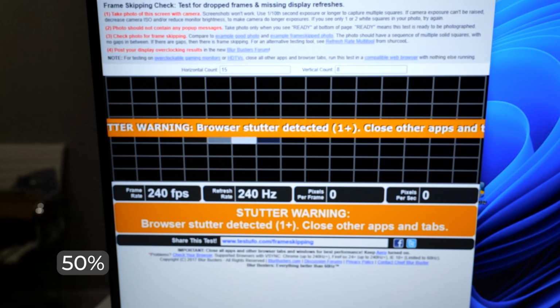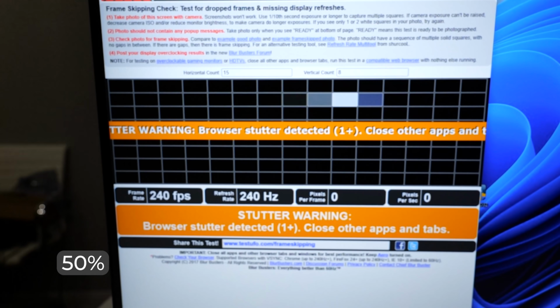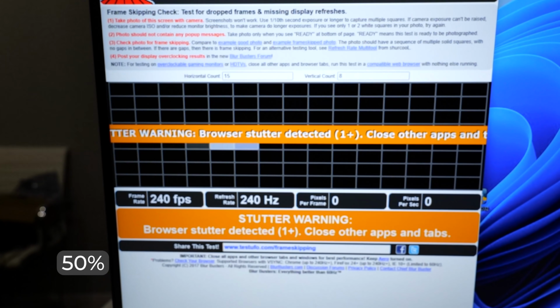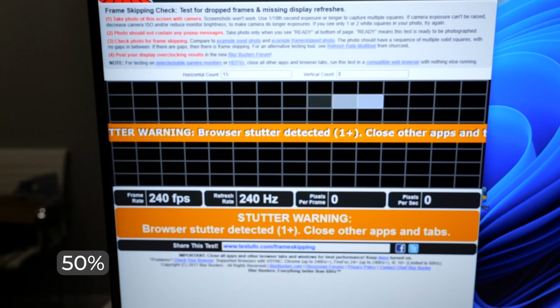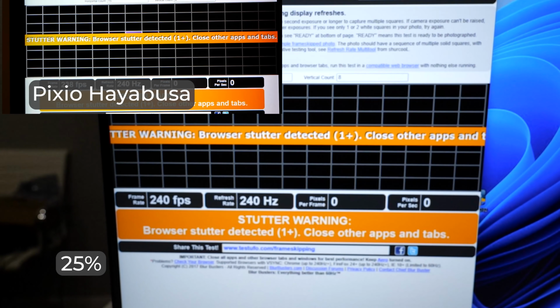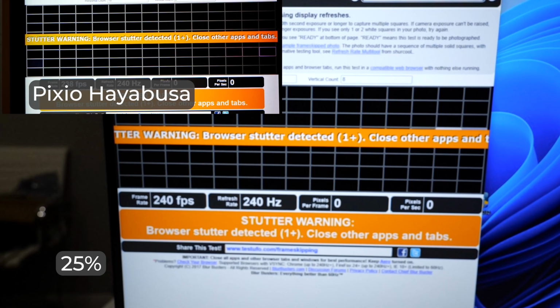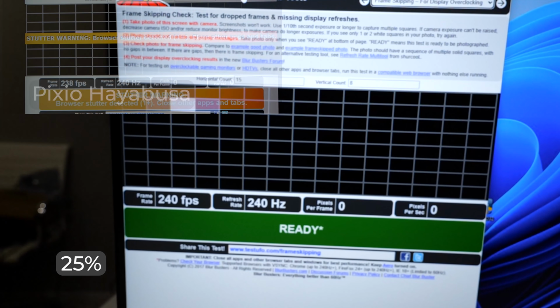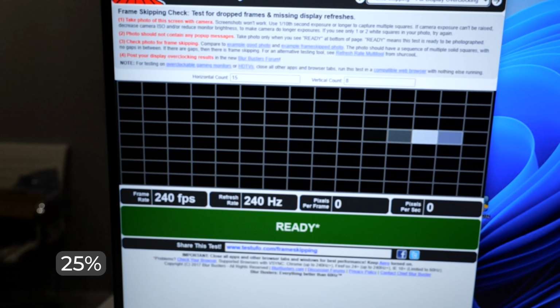Now, this is a really fast panel, but it's not truly, from on to off, 240 Hz. It'll accept a 240 Hz signal, and it'll respond really quickly. It'll begin to display that frame, but it can't get rid of the other frames quickly enough that they're not still on the screen. That ends up making the image a little blurry.